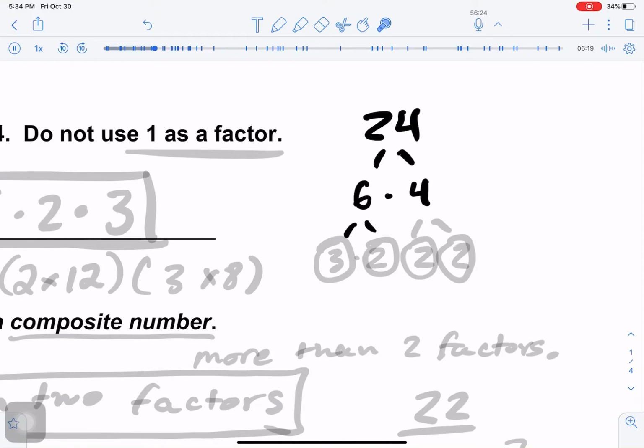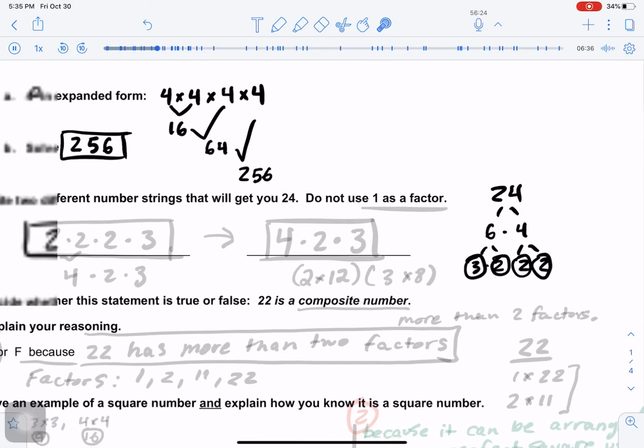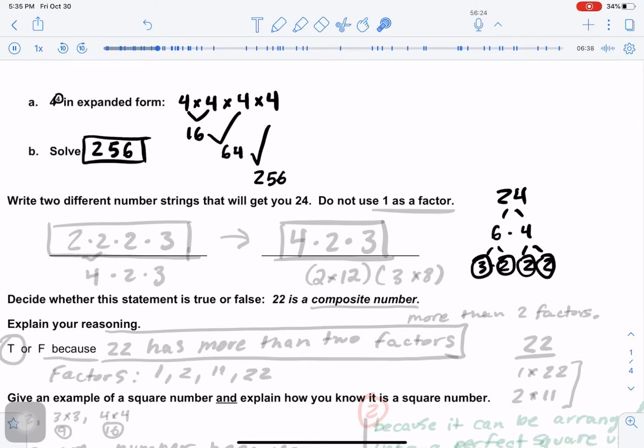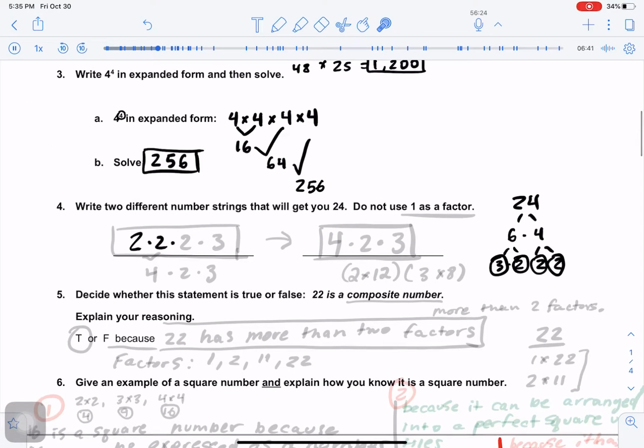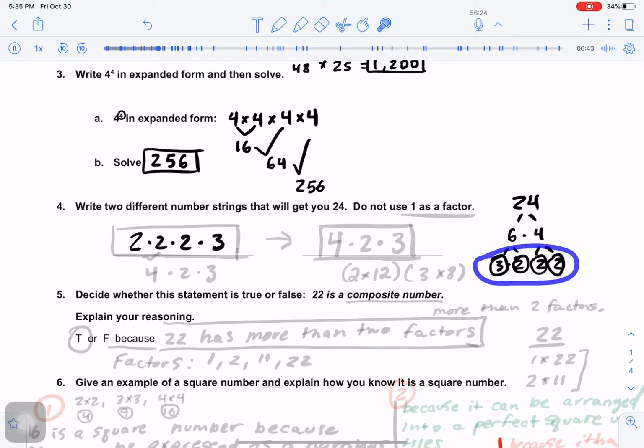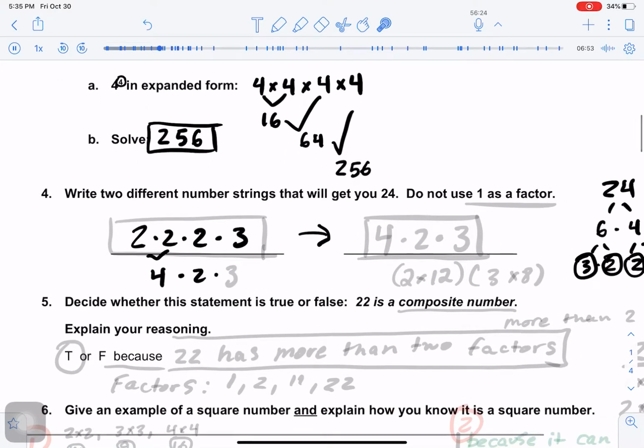I'm going to break apart the 6 into 3 times 2. Careful to not confuse this with addition. I know that 3 times 2 does give me 6 and both are prime, and 4 breaks apart into 2 times 2. So my factor string here for the first one will be 2 times 2 times 2 times 3. Now for my next factor string, I'm going to use this factor string and combine 2 of them. And I'm just going to say 4 times 2 times 3